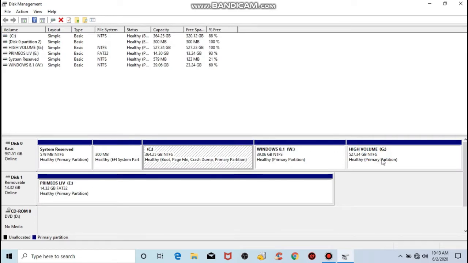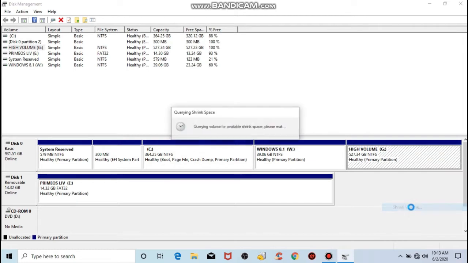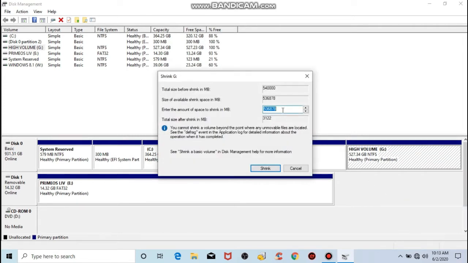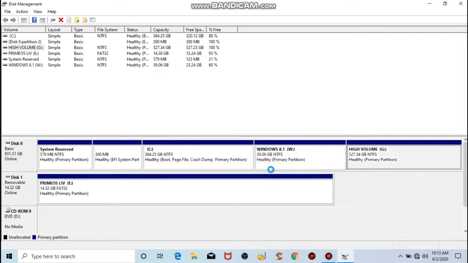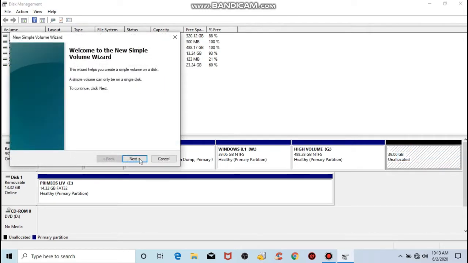As you can see, I have my 4 drives and I have created separate volumes, and now shrink volume. I'm going to create a new volume with this. Then I'm going to shrink volume. I need somewhere around 40 GB of space, so I'll give 40,000. Then I'm going to shrink, and this is unallocated.